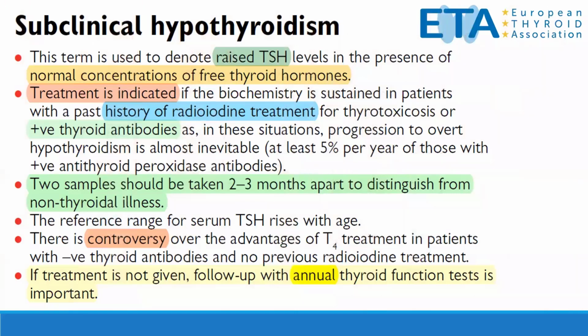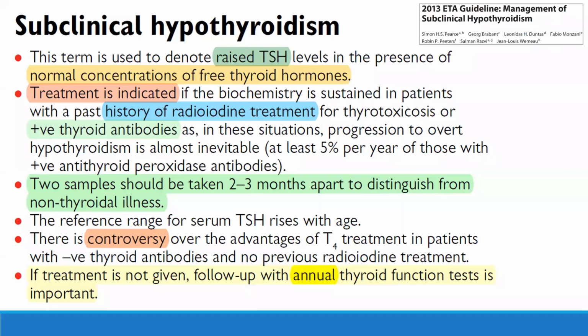Subclinical hypothyroidism: as I mentioned a lot today, there are very important guidelines published by the European Thyroid Association in 2013 for the management of subclinical hypothyroidism. Subclinical hypothyroidism means what? Elevation of the TSH with normal free thyroid hormone. Don't forget that in hypothyroidism we usually depend on T4, not T3. So assessment of T3 in hypothyroidism has no value.